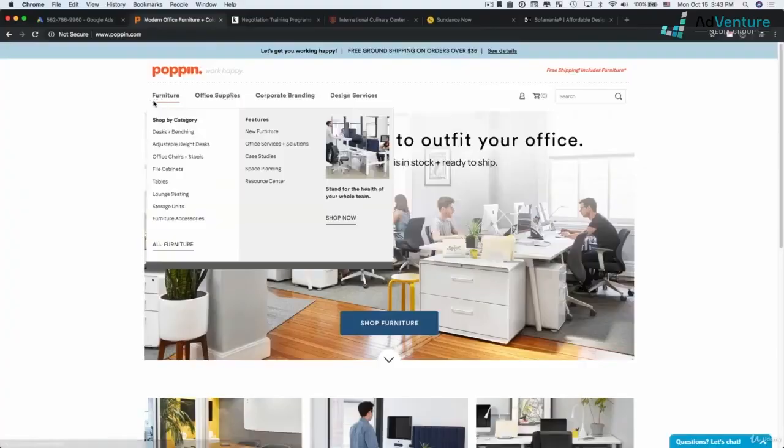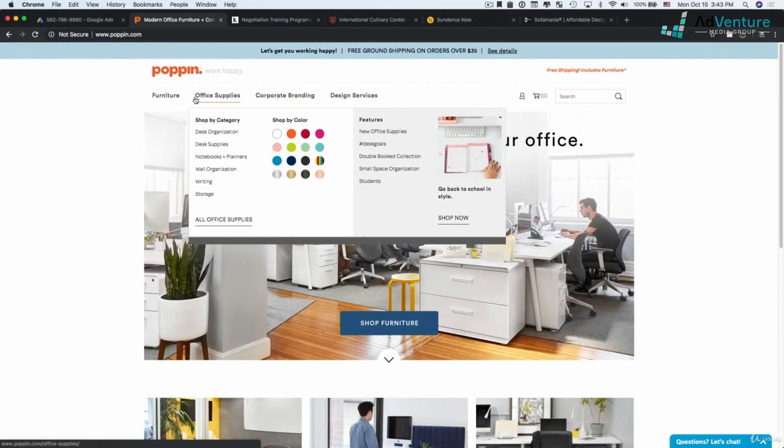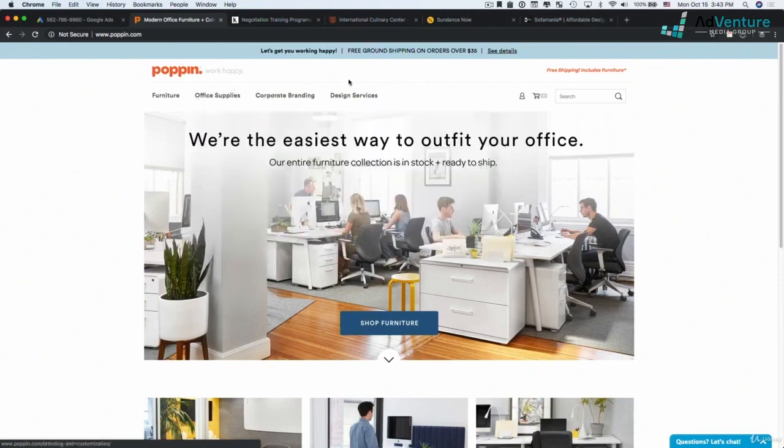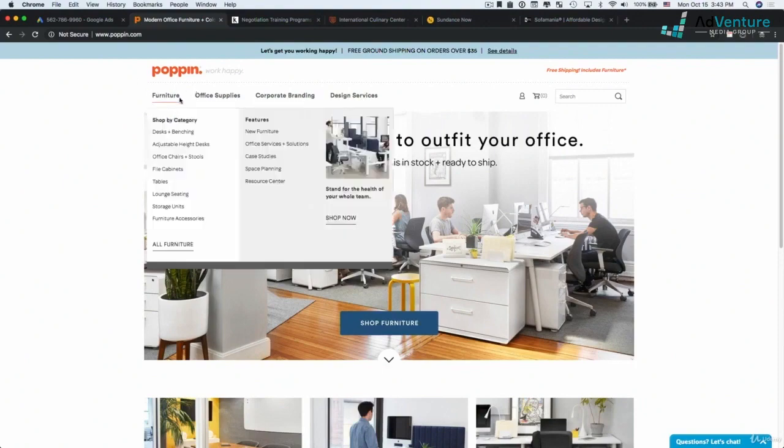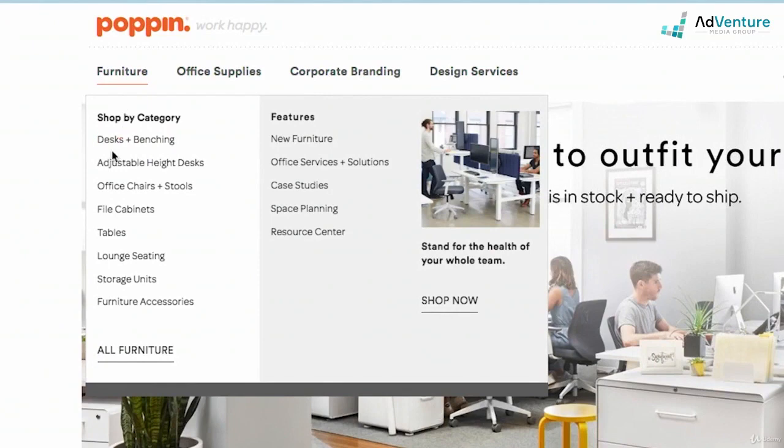In this case, there's two different ways that are obvious to me that you could start off building out these campaigns. One is I could have my campaign set up at the top level categories of this navigation. So I can have a campaign for furniture, a campaign for office supplies, a campaign for corporate branding, and a campaign for design services. My ad groups would then potentially be the subcategories of that primary navigation. So under my furniture campaign, I might have an